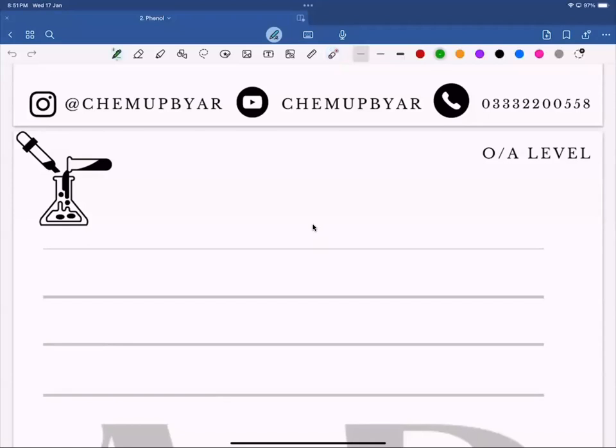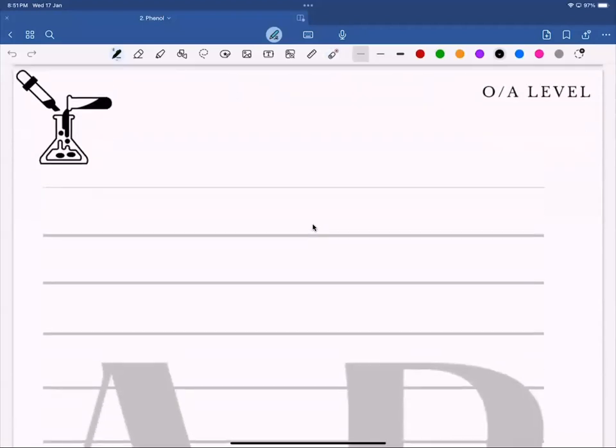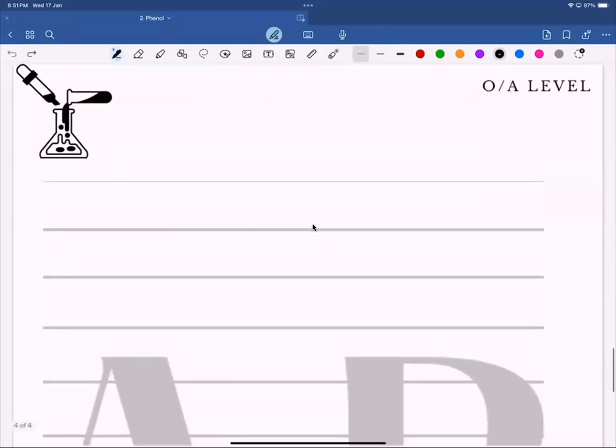Okay, so there is a compound which we call 1-naphthol. It is a phenolic compound. So if you see its structure,